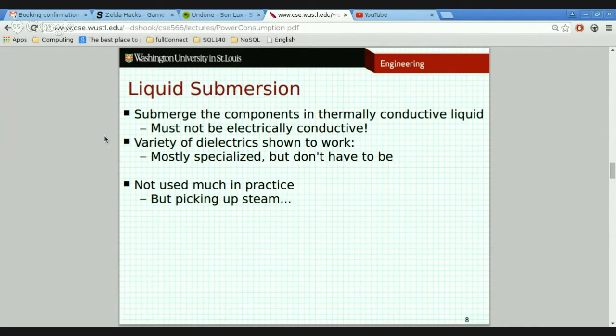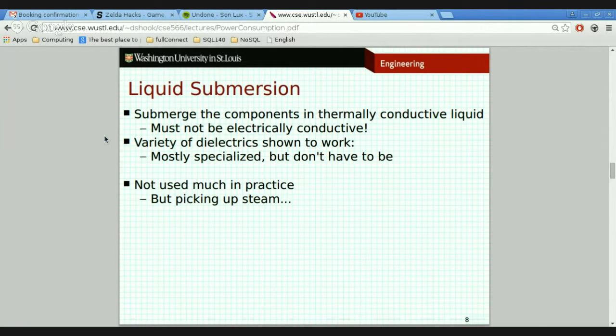Transformers, power transformers do this actually. So transformers, of course, generate lots of heat. And this is a very efficient way of cooling them off. In terms of supercomputers, there are some examples as well. The Cray 2 computer from 1985 did this. It was very, very novel, very, very unique at the time, right? It had a whopping 1.9 gigaflops. This was before the top 500 existed, so we can't tell how fast that was in relation to other computers of the era. But it was a bona fide supercomputer that did submerge itself in this specialized dielectric